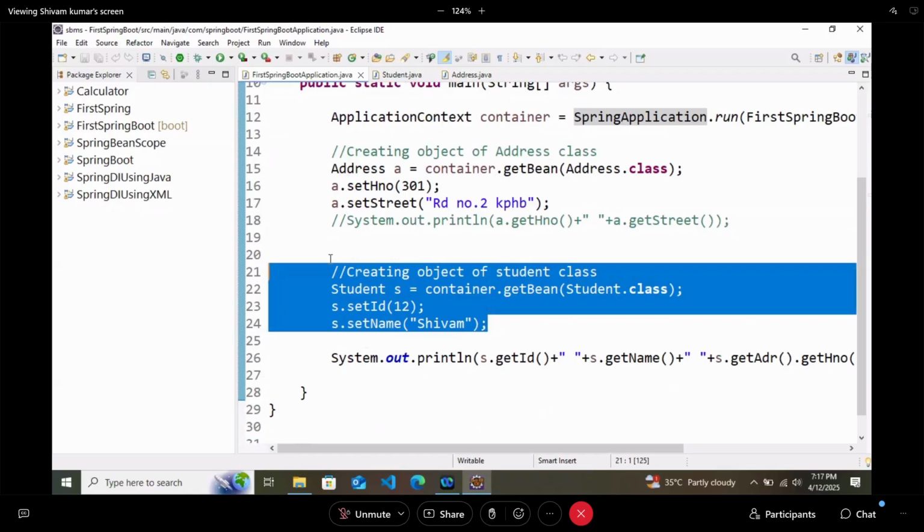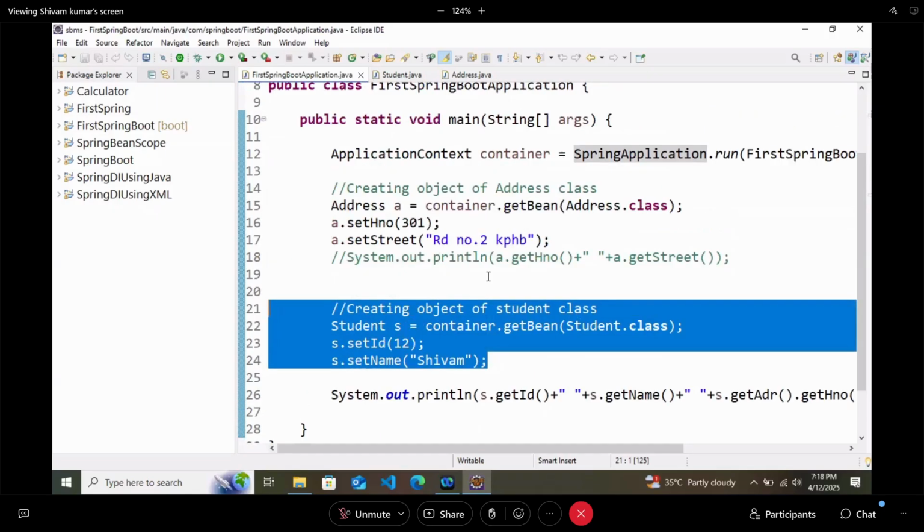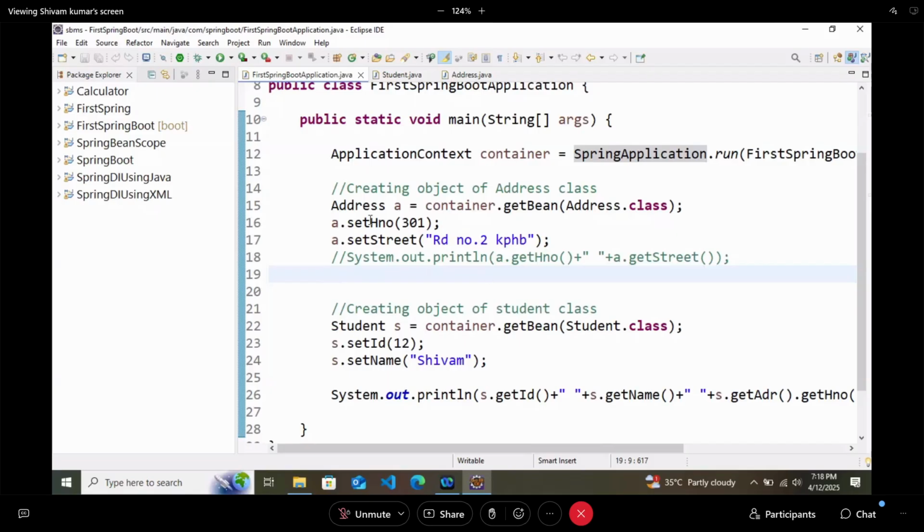Now we will try to run the application again. In that we will see that there is an address with house number as 301, street as road number 2 KPHB, and then student with the ID 12, name as Shivam. Now we will try to run it and see.